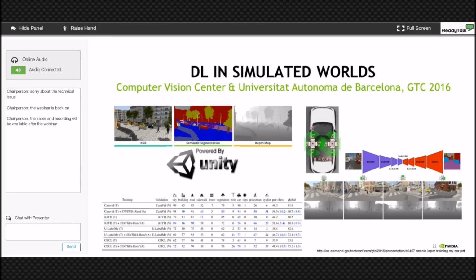What was shown in this GTC talk was that you could use a video game development environment called Unity to produce simulated vehicle-mounted camera and depth data for complex 3D worlds. So you can think of a modern 3D video game. They essentially drove a car around that world, capturing the data that you would get from vehicle-mounted cameras and depth sensors like LiDAR. They then, instead of training a model wholly on this data, mixed it in with publicly